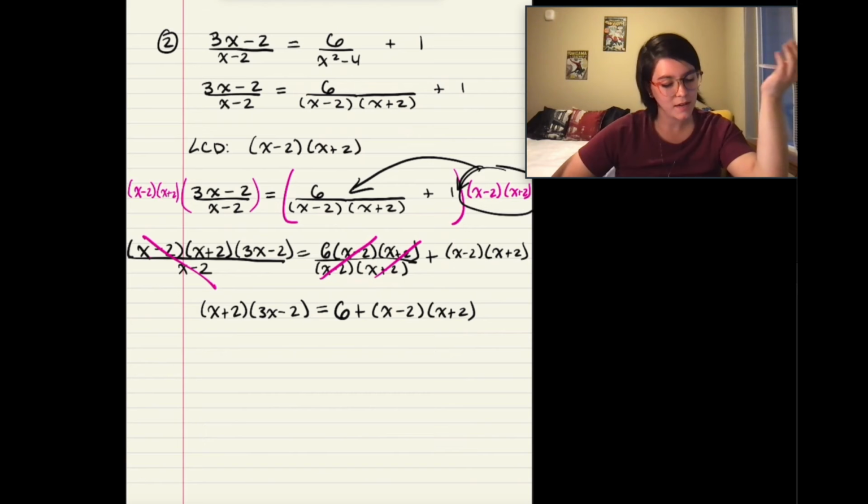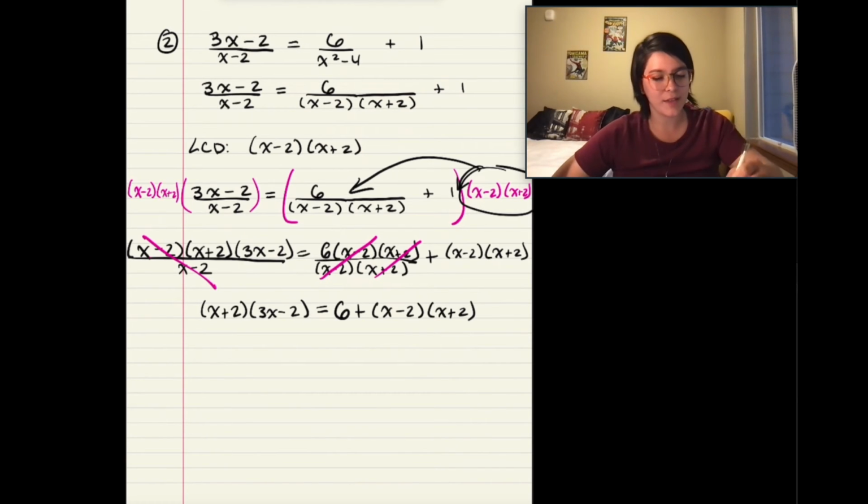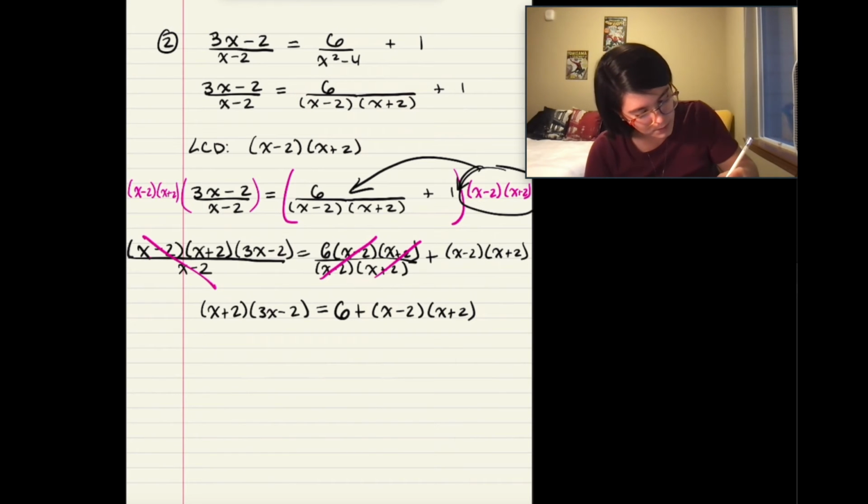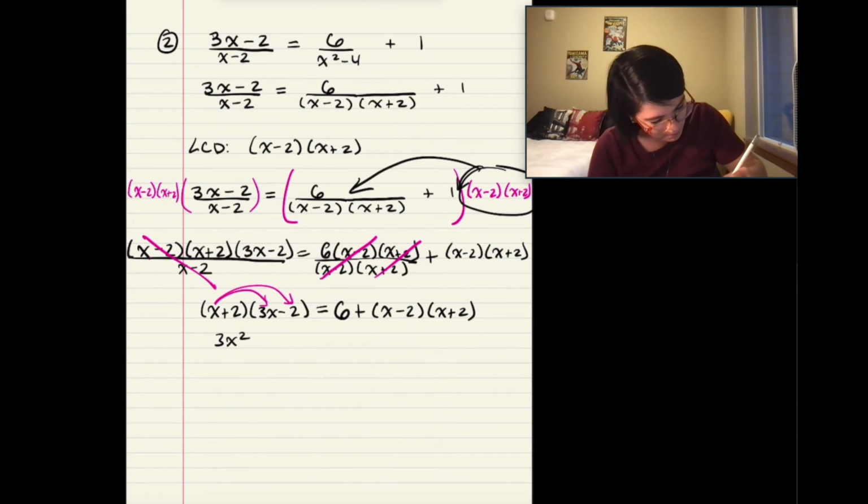And now on the left side of the equation, we have two binomials being multiplied, and we also have that on the right side of the equation. So that's kind of screaming at me that we need to FOIL. So I'm going to go ahead and do that. So I'm going to FOIL the left side. So we have first 3x squared, outside minus 2x, inside plus 6x, and last minus 4 is equal to 6